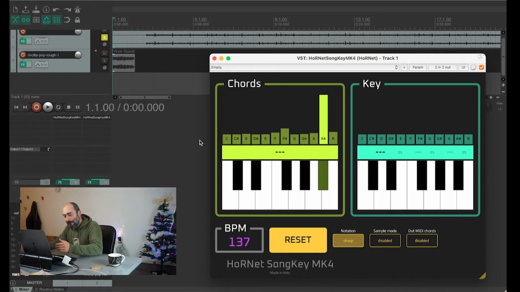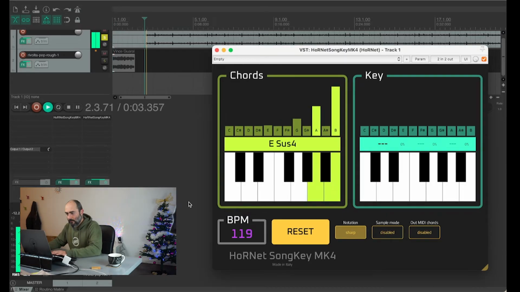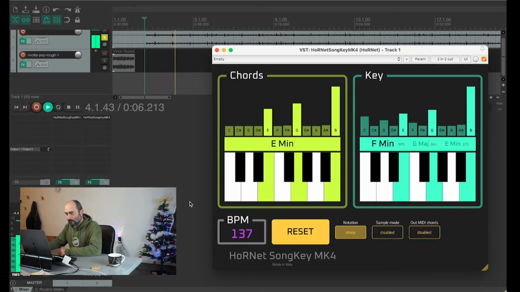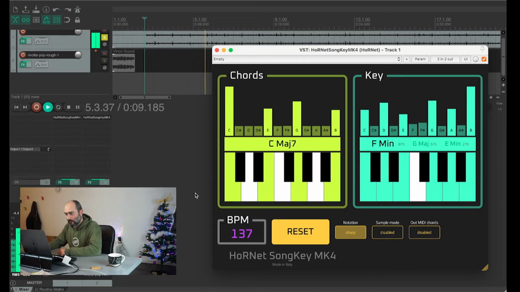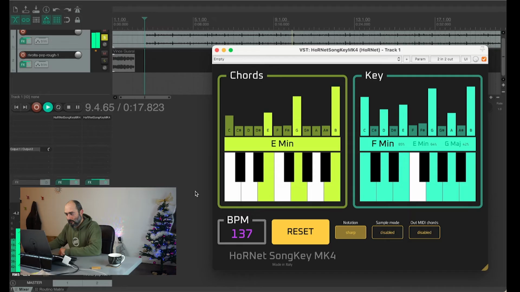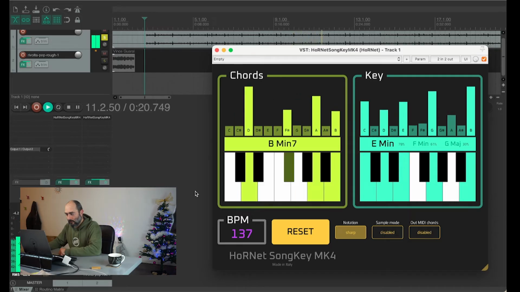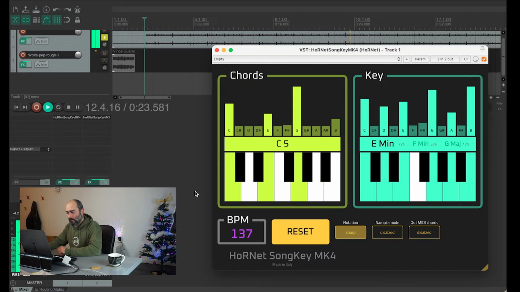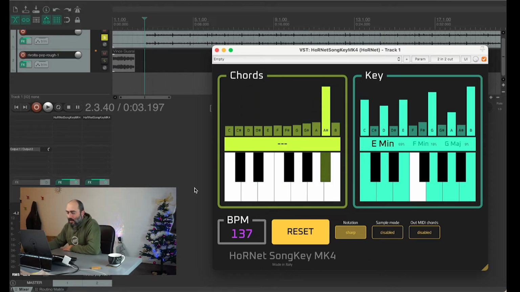So this song is not finished, but it will be enough to show you how the plugin works. So, as you can see from the key view, we detected that it's an E minor, and it's correct because